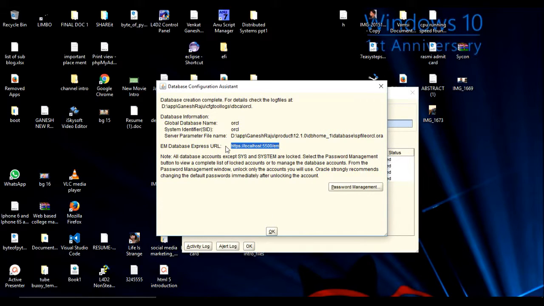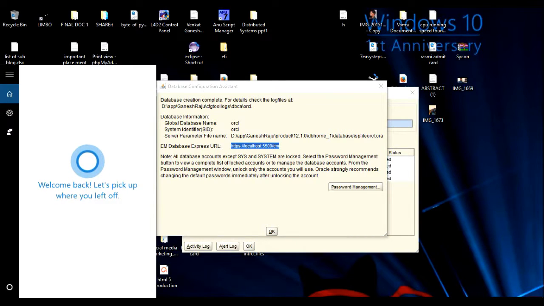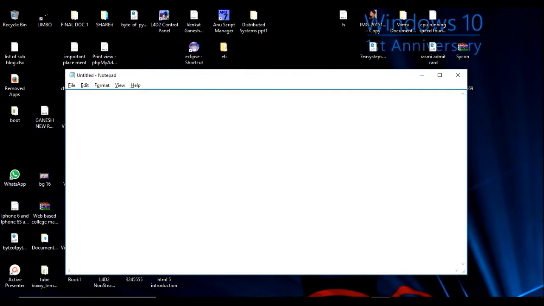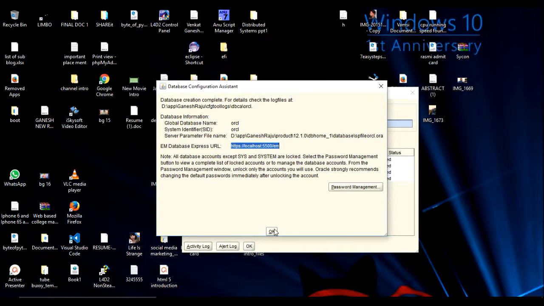And this is your Database Express URL, so you need to save this one. Nothing will happen if you do not save it, but I'm saving this. Then click on OK.